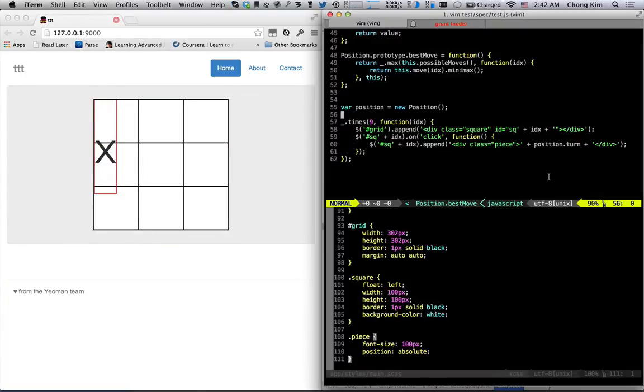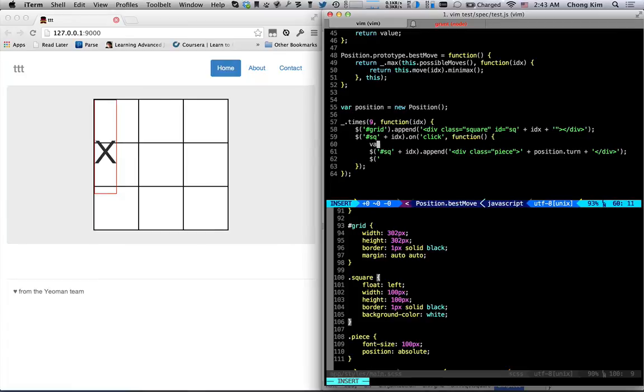All right. So when you click, let's animate this. So, okay, so square. Actually, let's just get the piece. So the piece